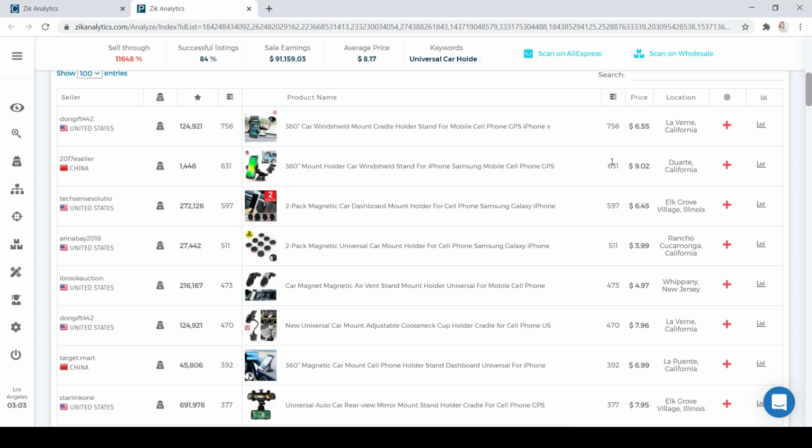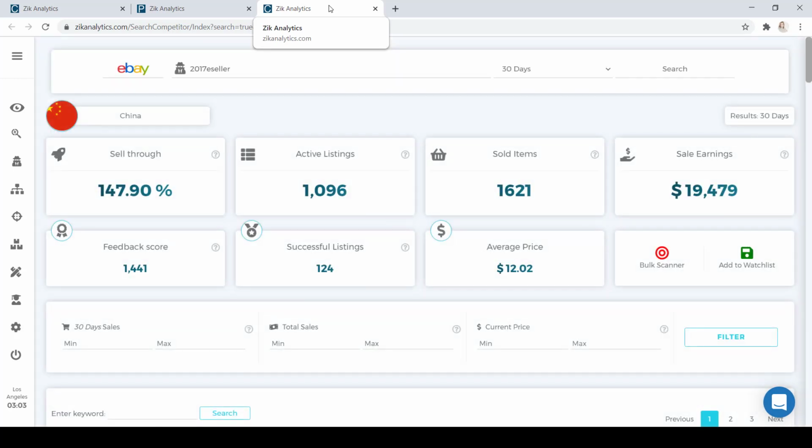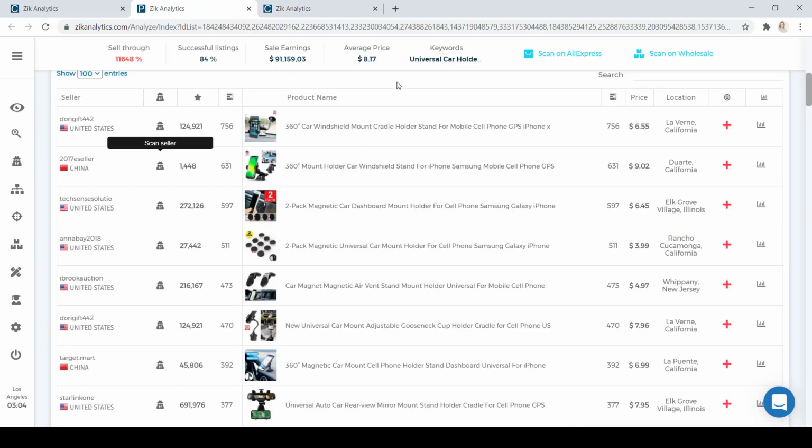And how you're going to check this seller out is you're going to go to this icon here located on the left, which is Scan Seller. You're going to go ahead and click on that, and it will open up a new tab for Zeek Analytics for the competitor research. This seller has over 1,000 active listings, and the number of sold items in the last 30 days are 1,621. So when you make the right decision based on the statistics, based on the numbers, your results will look